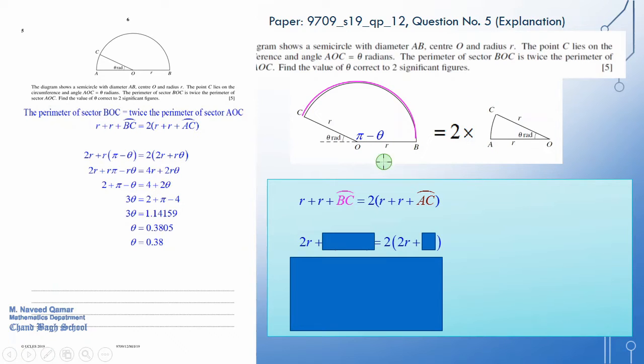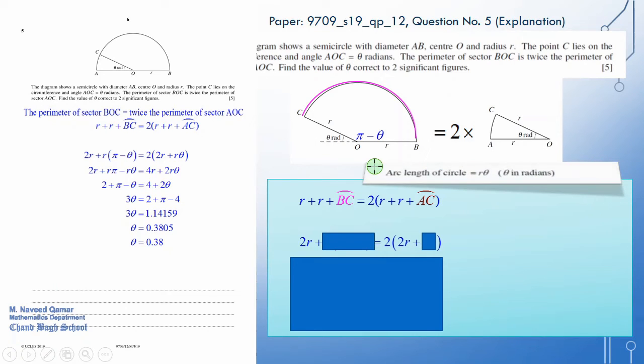We can easily find these lengths by using the formula arc length is equal to r theta. So arc BC is equal to r times pi minus theta, and the arc AC is equal to